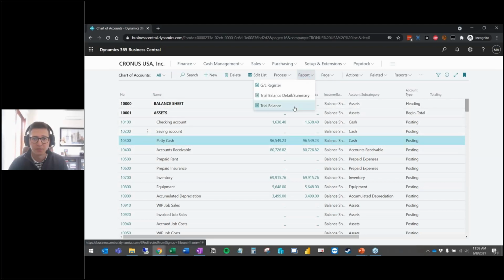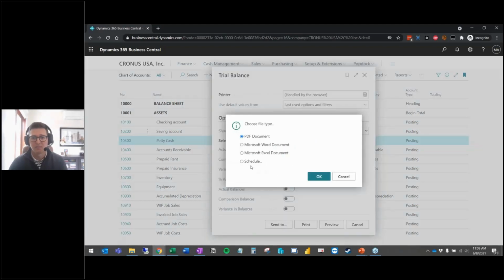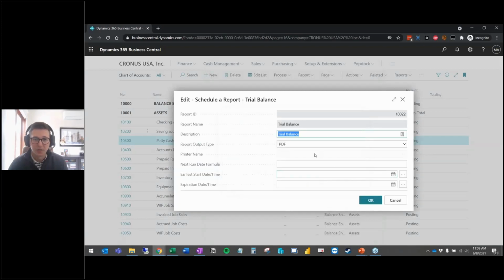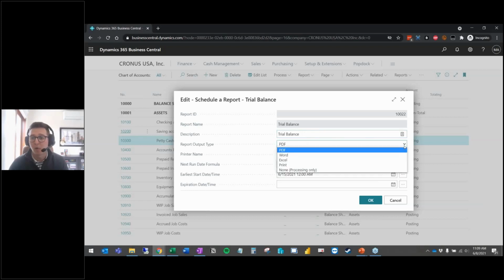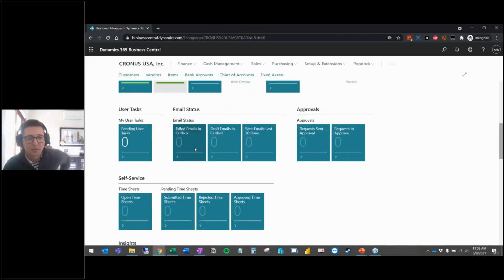So let's go back to this trial balance one. There's a thing in Business Central now where you can schedule reports. All right. And so I can create a schedule here to run every week, and pick a start date, end date, and I can specify what report do I want, what kind of output do I want, and I can click OK. And now it's going to run week over week, and it's going to display down here in this